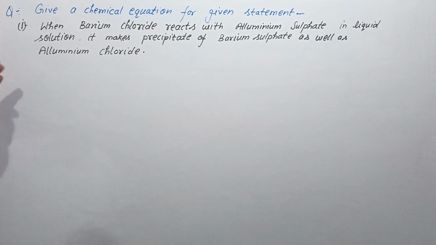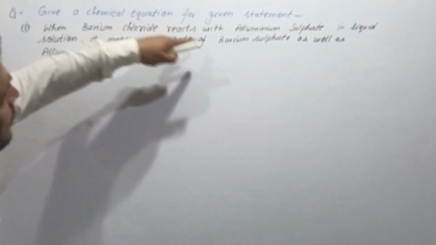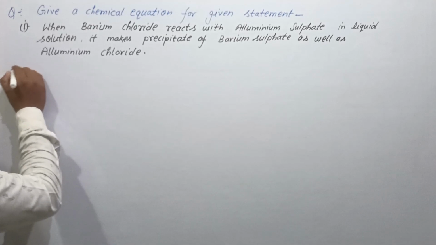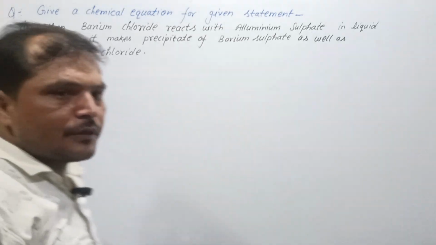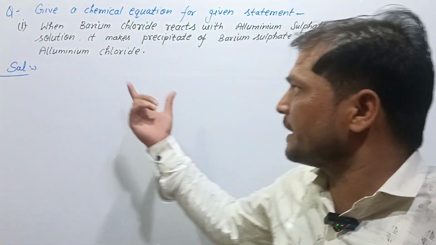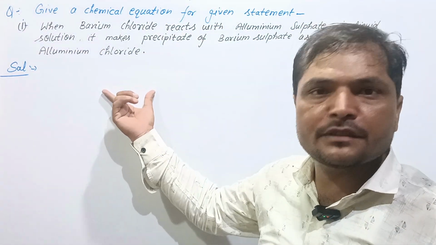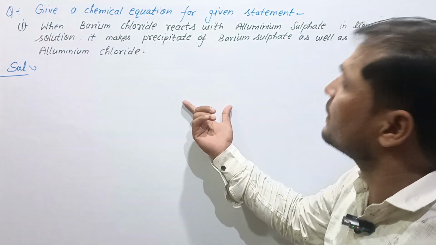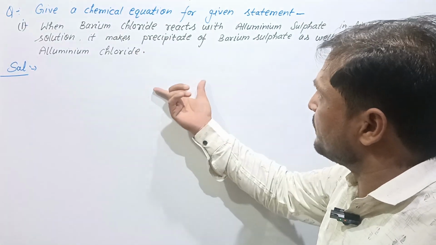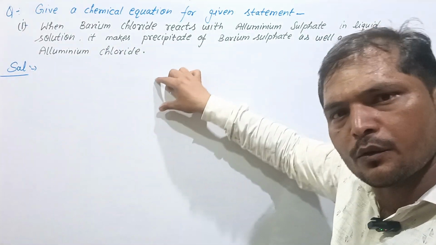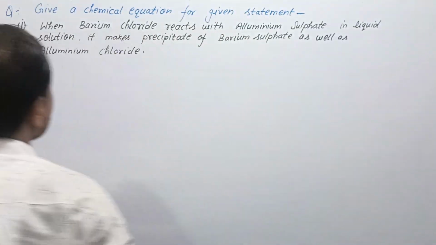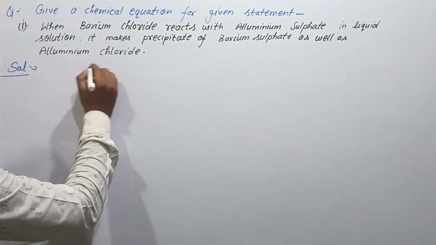Now let us start to write. How can we write a chemical equation for this statement? Solution. First we need to write this statement in the form of an equation, meaning that all the reactants as well as products are written in the form of an equation in our own words. Let us start. Barium chloride,